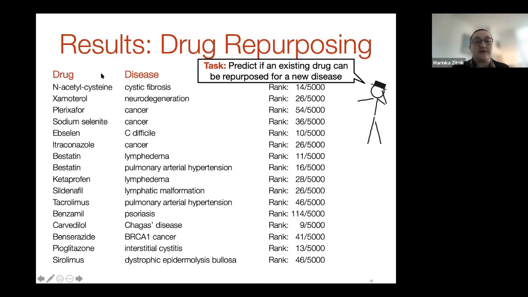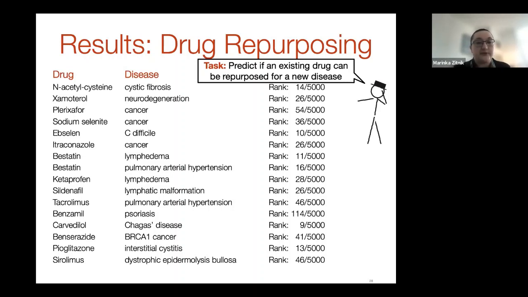So we obtained from our collaborators at Stanford School of Medicine a set of drug disease pairs that represented drugs that were repurposed over the last 2 decades, and we use that as ground truth information